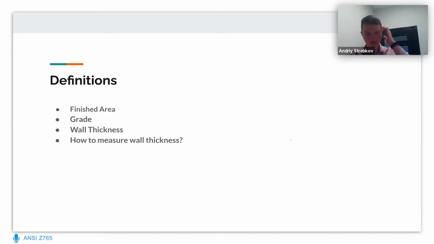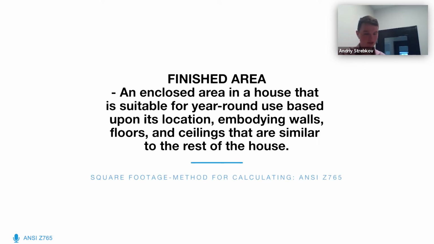So what about definitions? Like I said, some of those definitions here you probably already know, but let's actually review some of them just to be on the same page. What is finished area? According to the ANSI standard, finished area is an enclosed area in a house that is suitable for year-round use based upon its location, embodying walls, floors, and ceilings that are similar to the rest of